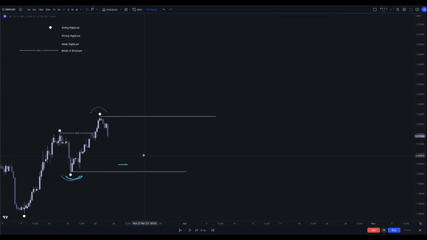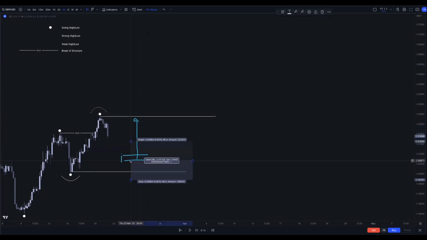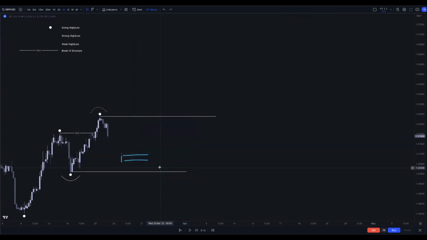So if we were to get in any trades here, we could get in a trade and target this weak structure, so it might look something like this, right? With our take profit set at this, I might get in the trade right here, just a way of looking at it. So anyway,